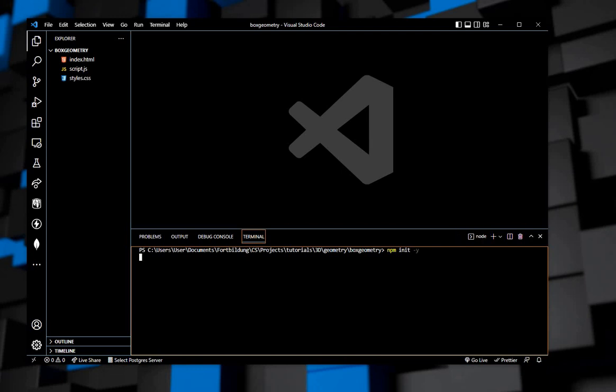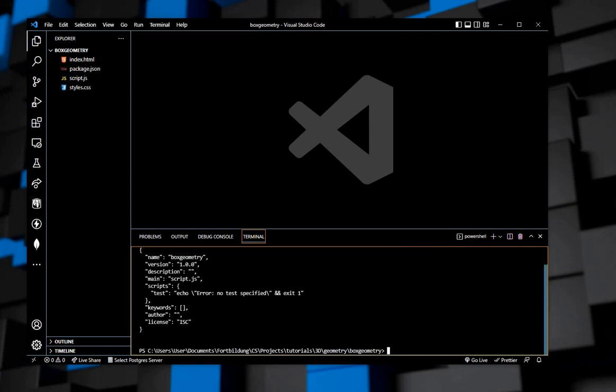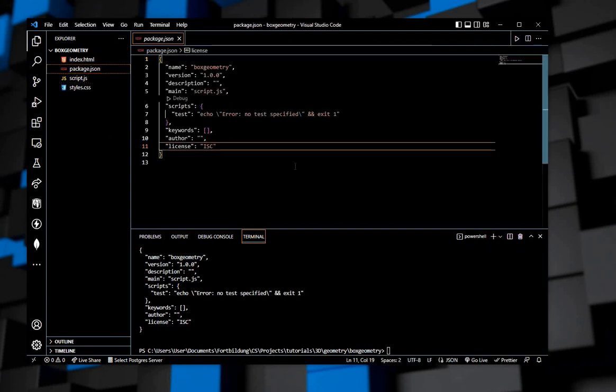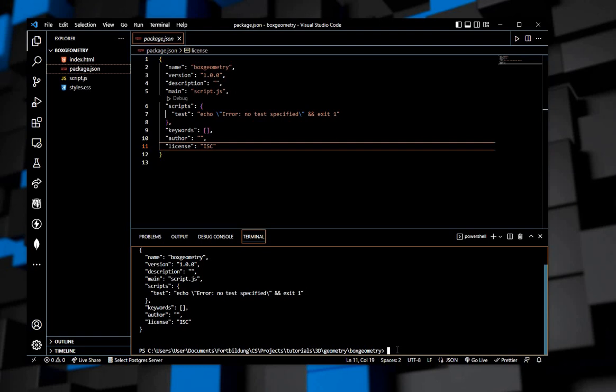This will automatically generate a package.json file with all the attributes that you need set to a default value, which is perfectly fine. And this will be where we can also view our dependencies when we add any,